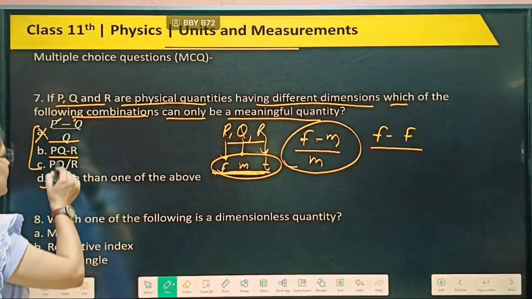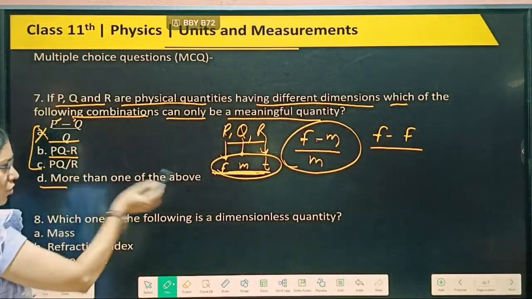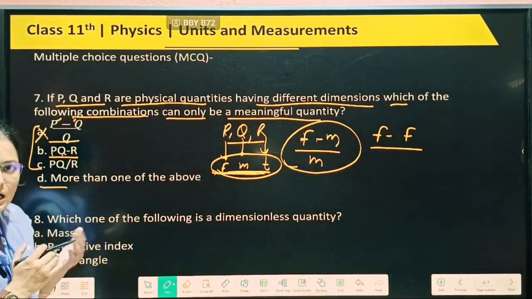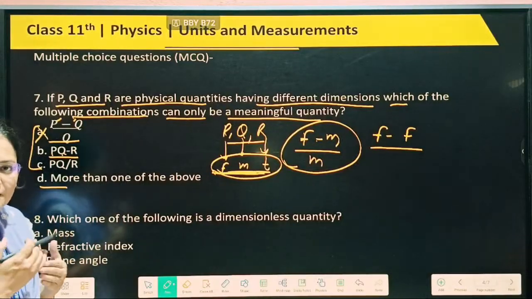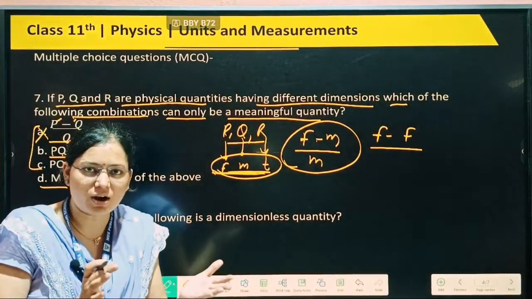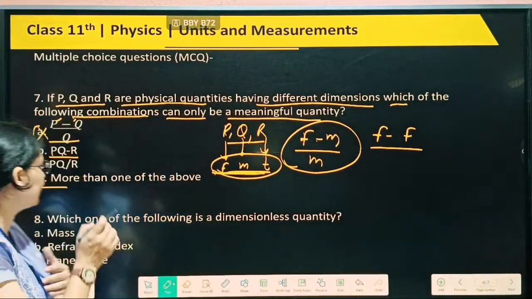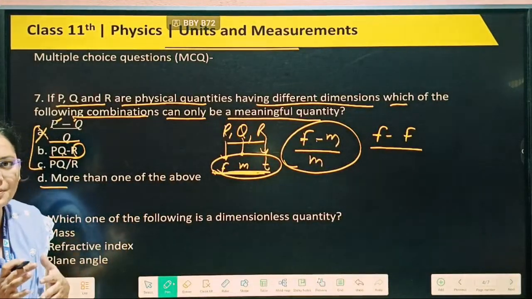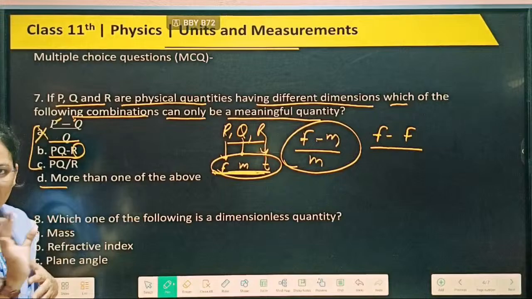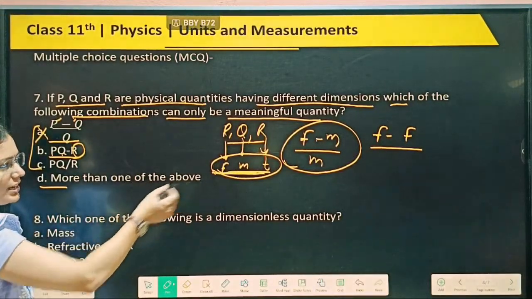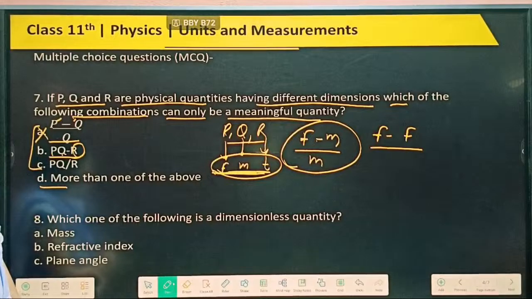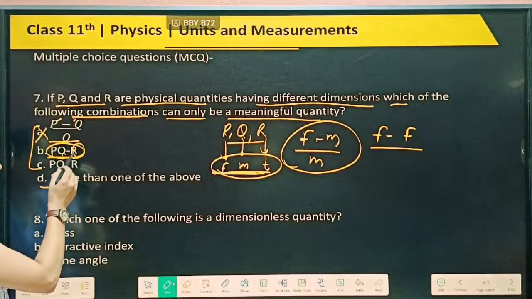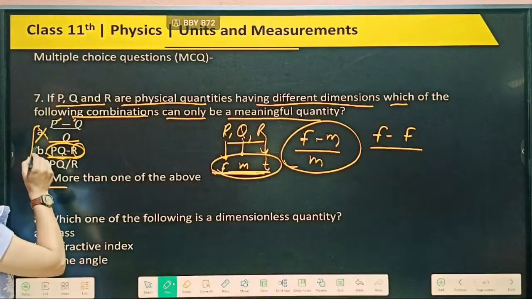Here also, beta, same. P stands for Newton, force is there. Q, assume if meter will be there, then we can multiply both quantities. We can multiply different quantities, but we can't add and subtract. Next, R we have assumed is time. So for the time, we can't subtract this one, Newton meter minus second. We can't do it, because I told you, beta, for addition and subtraction we can't take different quantities. So here all should have the same dimension, then we can write like this one, but it is